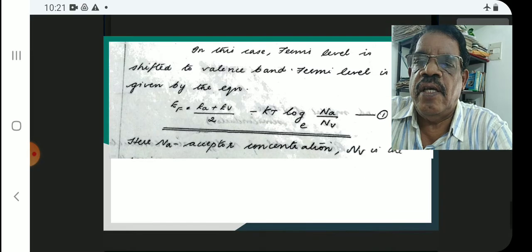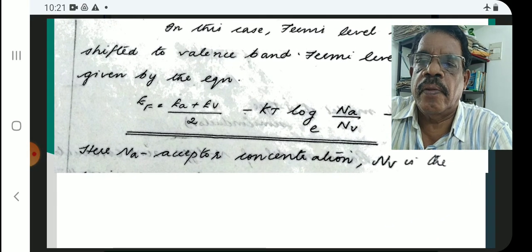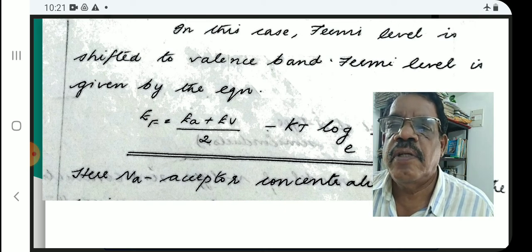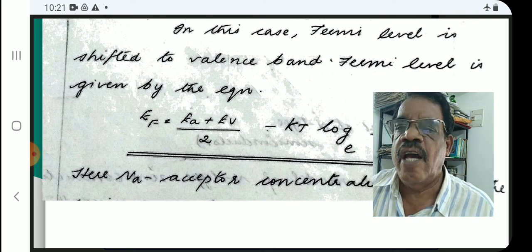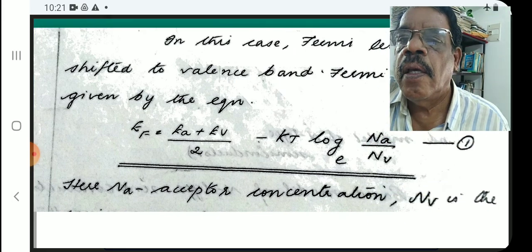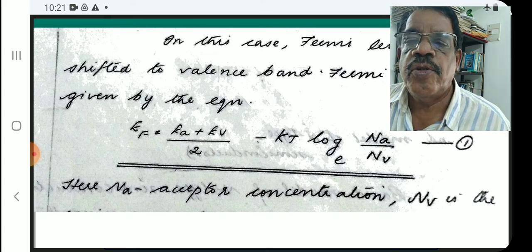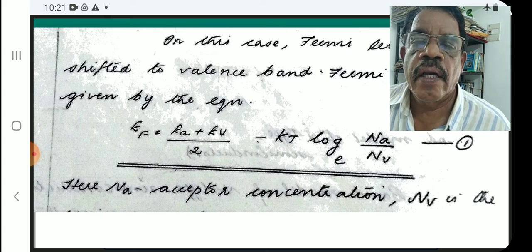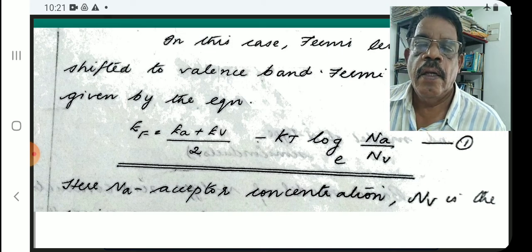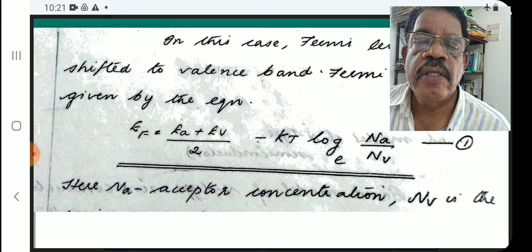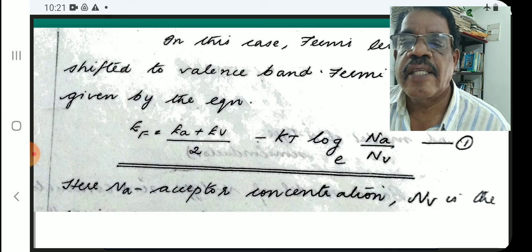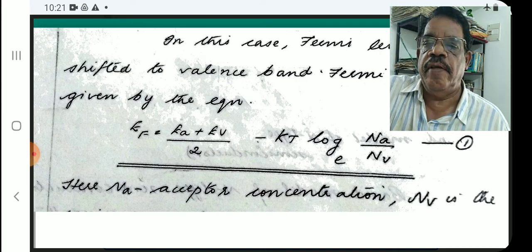And what we see in this case, the Fermi level is shifted to the valence band. The Fermi level is given by EF is EA plus EV by 2 minus KT log NA by NV to the base e, equation number 1, where NA is the acceptor concentration and NV is the